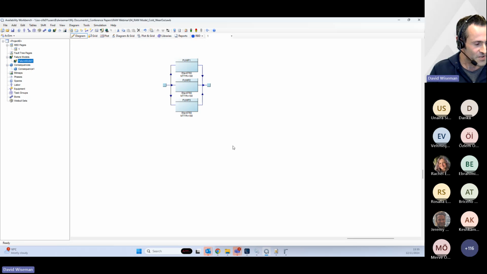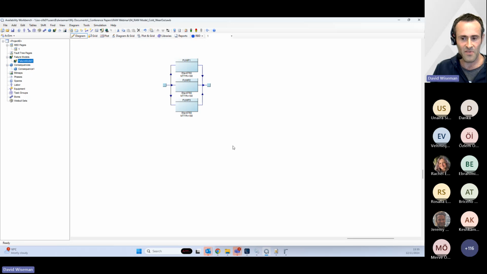So on to our next model. We've considered wear out, and I said that wear out can be an important thing to consider when you're working out what a maintenance strategy should be for a system. So I think that's going to be a good next stop. Maintenance strategies. In a regular RBD or a fault tree, you do have a limited capacity for dealing with a type of maintenance, specifically fault finding